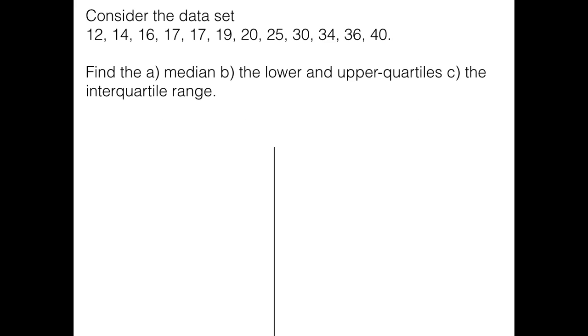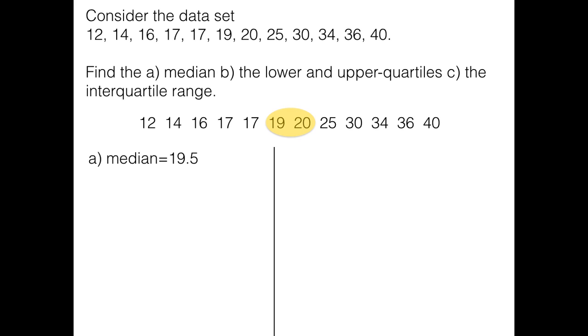So here I've got 12 different numbers. I've actually left them in order, so let's just write them out again here in order. And because I've got 12 numbers, position 6 and 7 give me my median. So I can now see there's 5 numbers to the left of 19 and there's 5 numbers to the right of 20. 19 add 20 and then divide by 2, which gives me the number halfway between 19 and 20